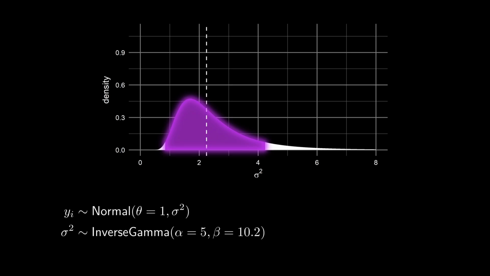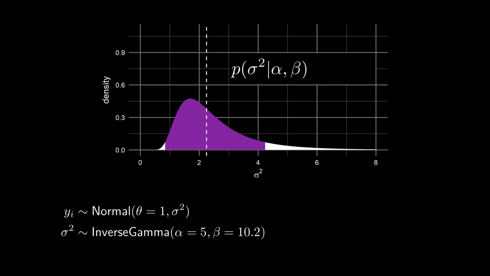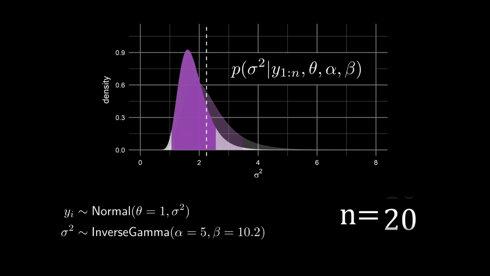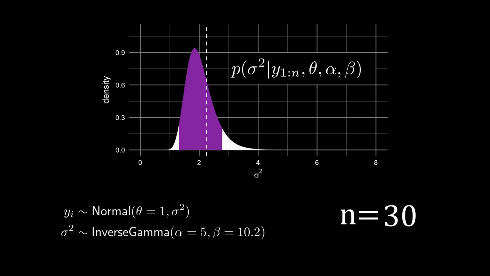The section in purple represents the 90% highest density interval. Given the data and the model, this is the narrowest interval that the parameter value has a 90% probability of falling within. The vertical dotted line is the true value of the variance for this simulated data. The prior is consistent with this value, which is ideal. As more data is observed, the posterior uncertainty shrinks, and the distribution begins to settle around this value.